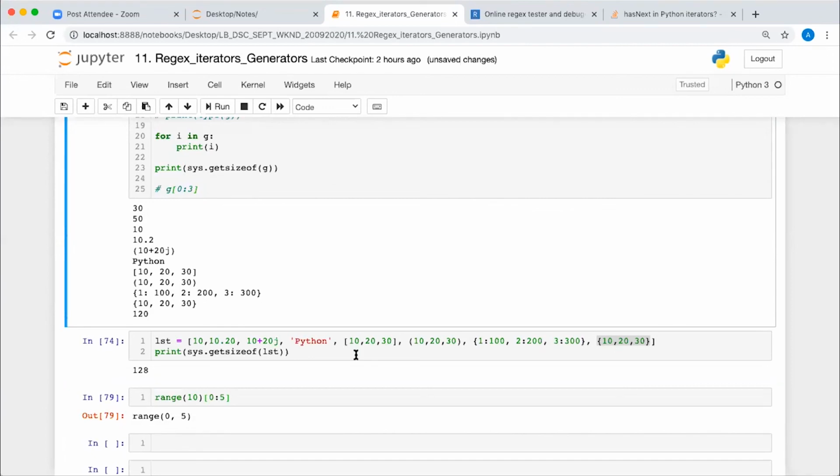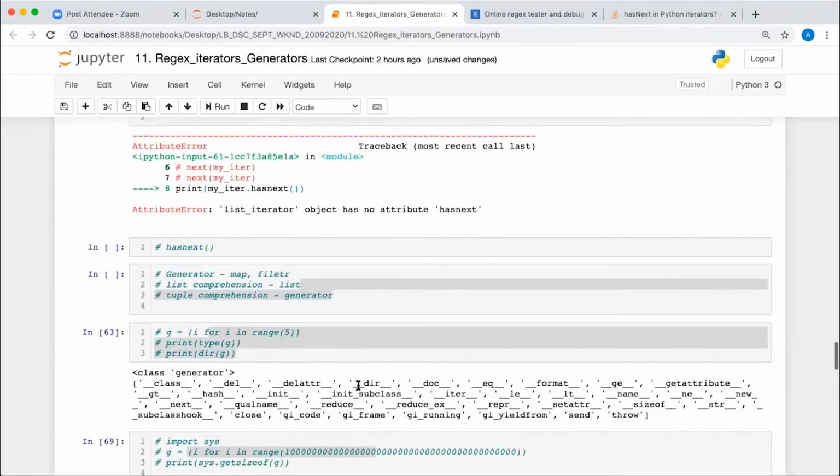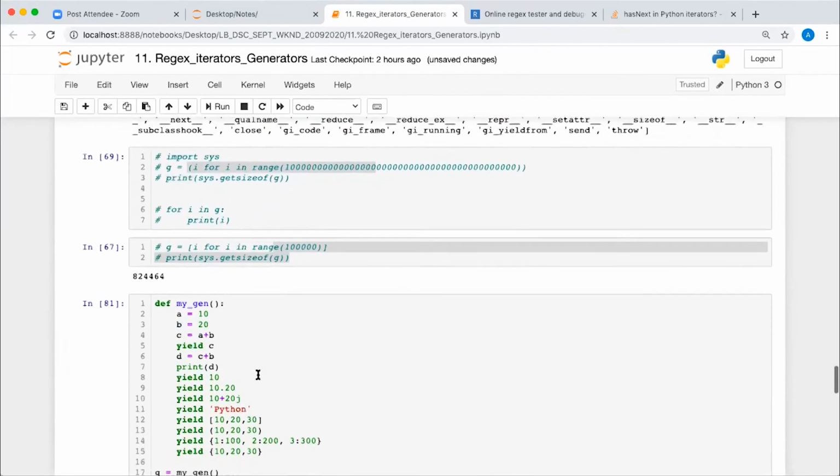One more thing, Abhishek. In the heading, when you started generators, you have written map and filter. Yes, map, filter, zip, they all are generator objects. Internally they create a generator. They are iterable, but they don't show you the value up front. You have to apply the list function on this G also.